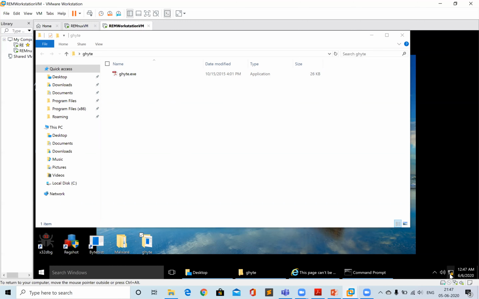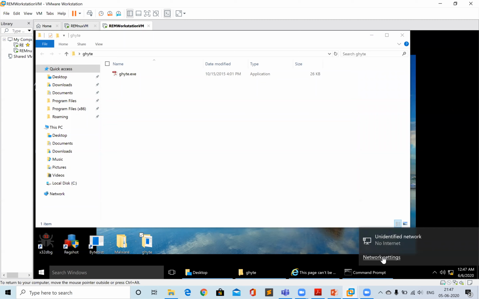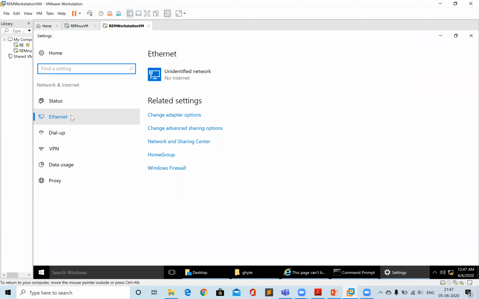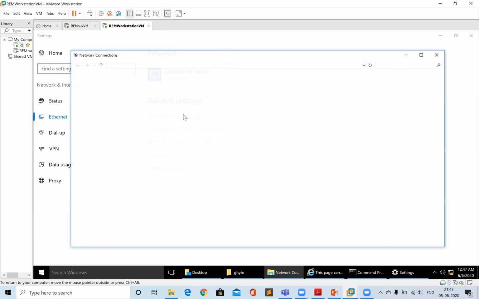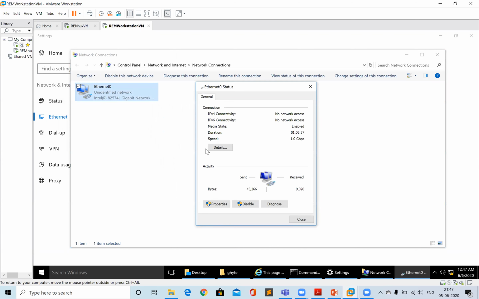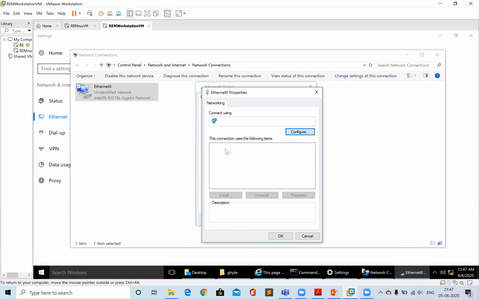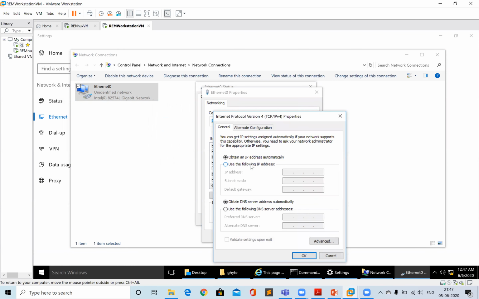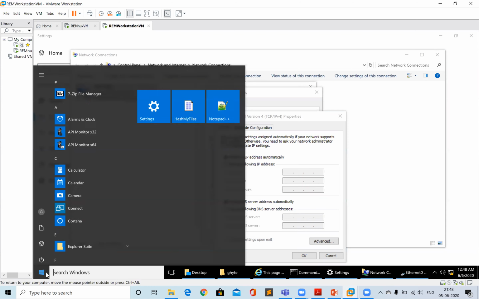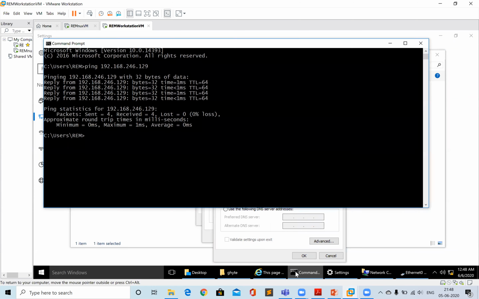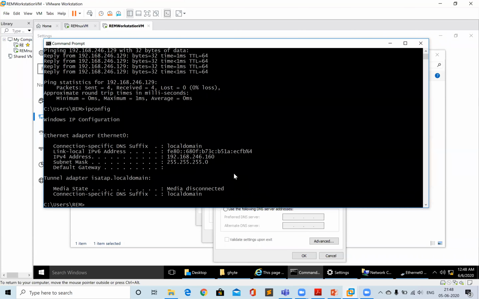Okay, so I'll quickly check my network connections to see if everything is set up properly. Network settings. Okay, let's see what's the current IP address once. ipconfig shows 246.166 and the default gateway is not set properly.